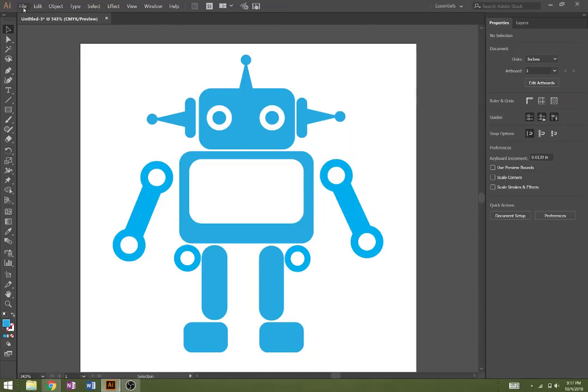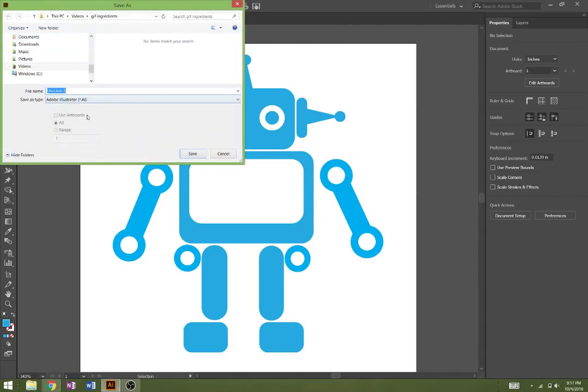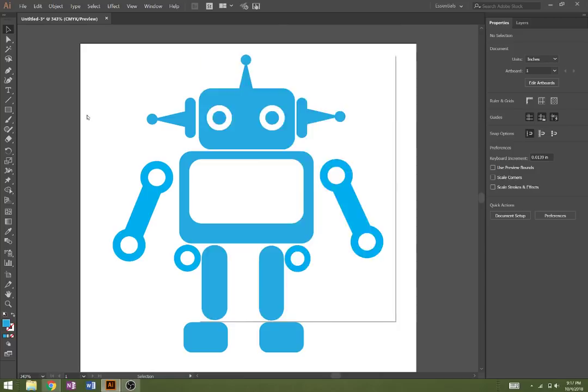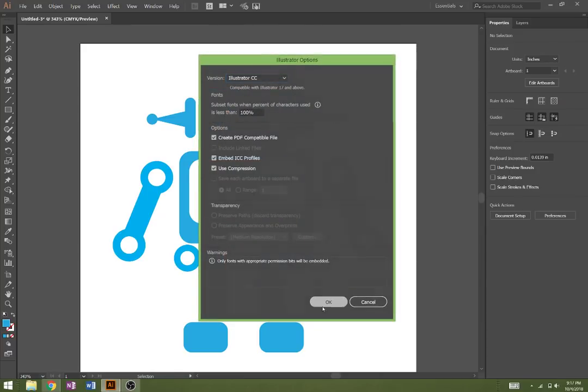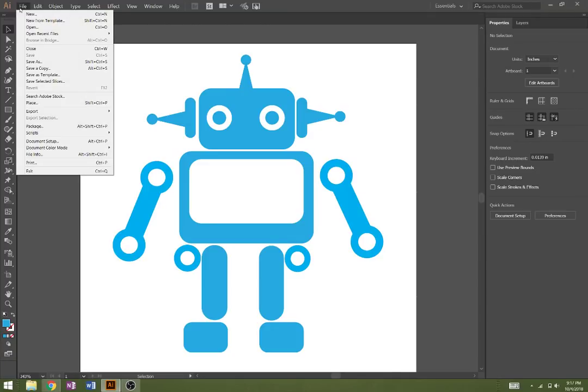And so now let's go over here to File, Save. And you'll notice that the file type we're going to be saving is an Adobe Illustrator file. So just find a place where you can save all your vector art and just call this robot. And we'll press OK. Now this is one of those things, you can actually open this up in the internet, and you may be able to right click on it and say open with Internet Explorer or Chrome. But if you want to, before we turn to D2L, let's go over here and go to